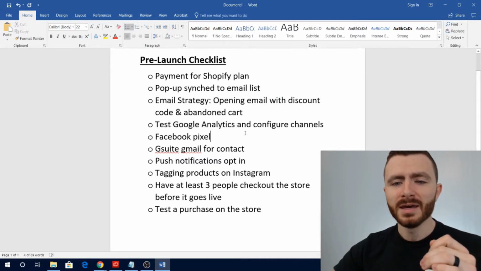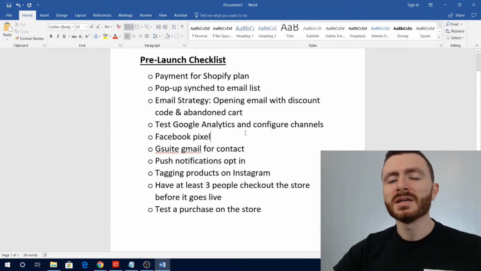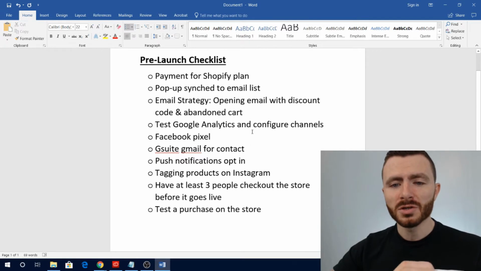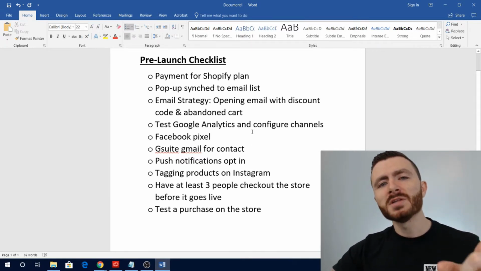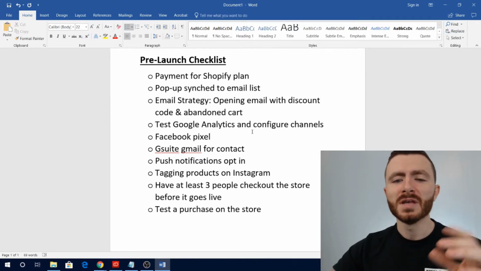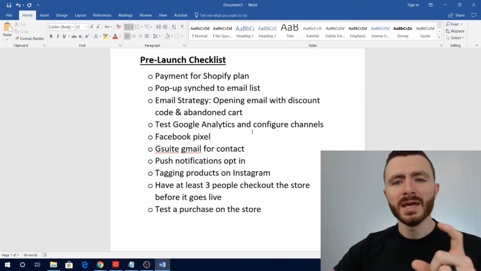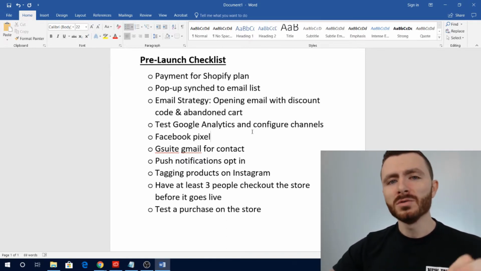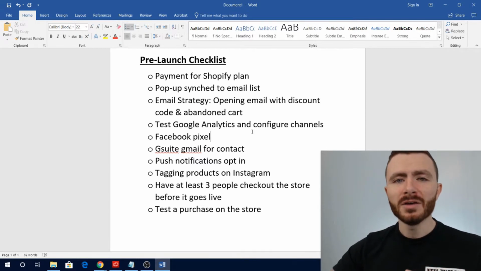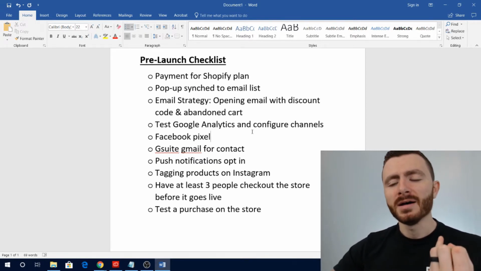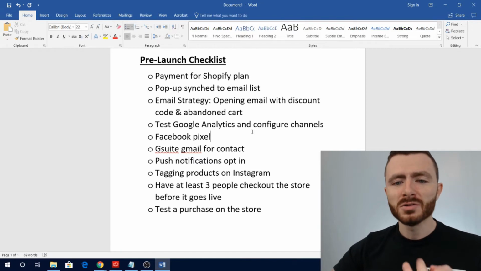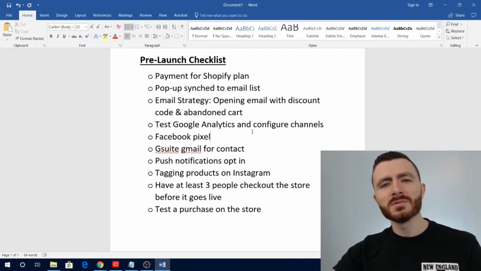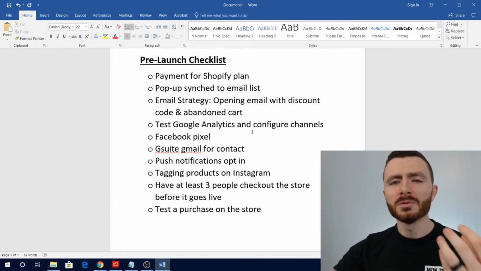Next, I'm going to test my Google Analytics and configure the channels. So I'm going to make sure that I have a channel for social, and make sure Facebook, Instagram, Pinterest, all that stuff is set up to come under social. And then I have my email marketing campaigns tagged correctly using UTM parameters. If you're not familiar with what UTM parameters are, basically they allow you to set a campaign name and different channels so that, as traffic comes funneled in from different sources, you're able to